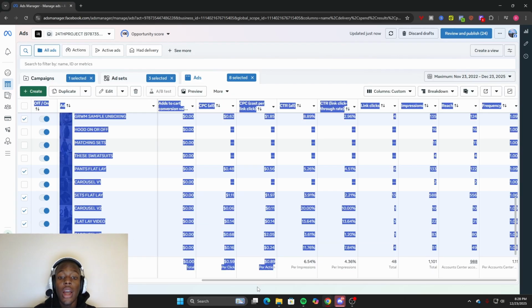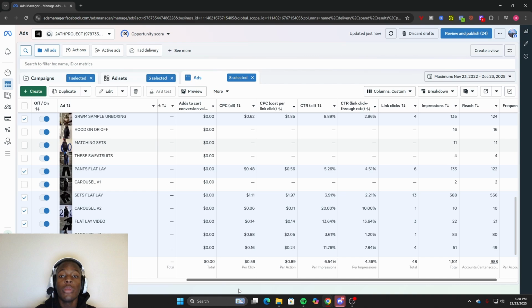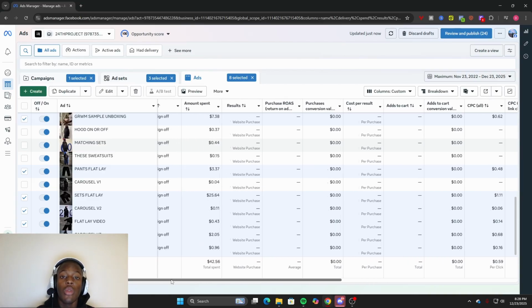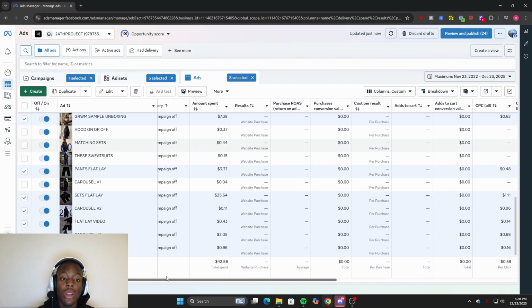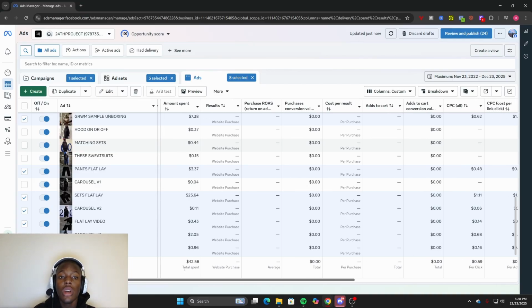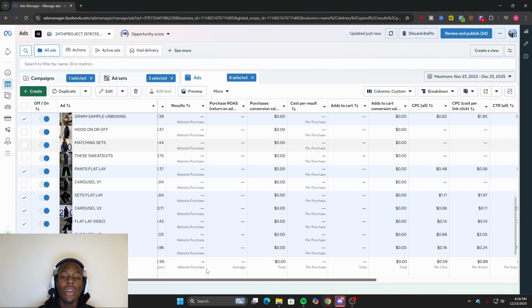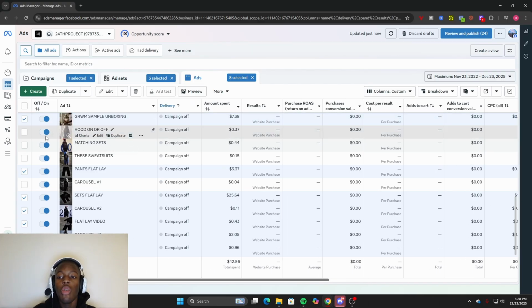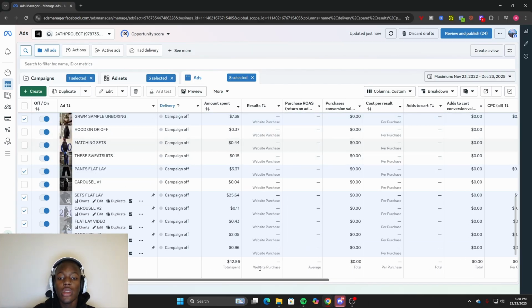You want to make sure that before scaling, your ROAS is at least at a 3x or 4x minimum. So you could either just scale up directly in the campaign, which I do recommend just because you don't want to really mess up anything too early in the beginning until you know which creatives are actually getting you sales, right? Or if you want to be a little bit more aggressive,